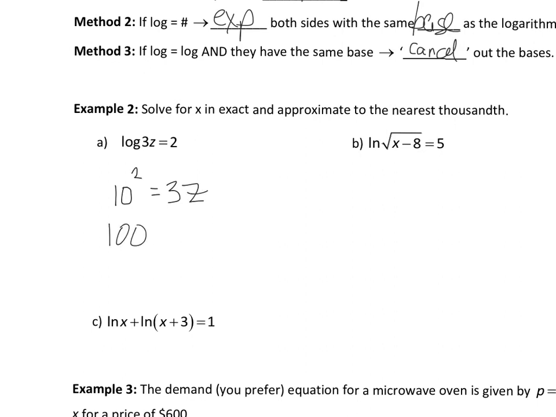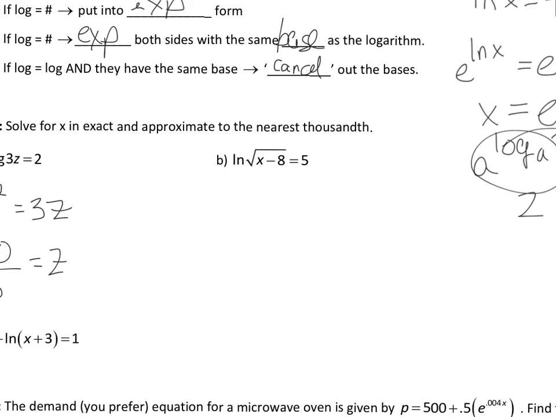So 100, or 10 squared would be 100, divide by 3 to solve for z, and then z would equal 100 over 3. Here we have the same thing. We have a logarithm set equal to a number, so the base of that logarithm again would be e. Just a quick reminder, anytime you see natural log, or what looks like ln, that means log base e, so you have a base of e right here, e to the 5th power equals our argument, which is root x